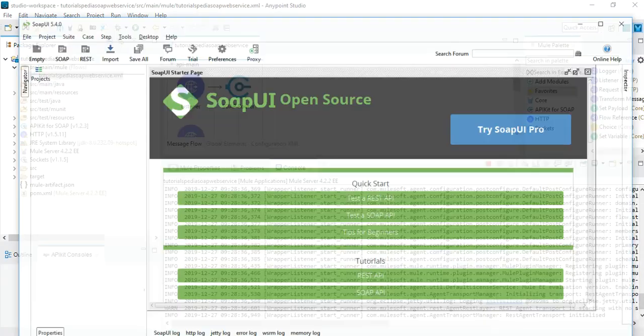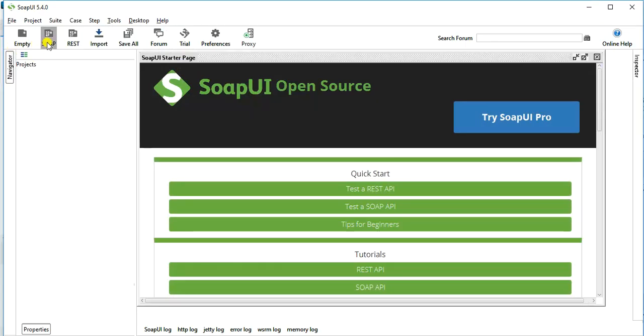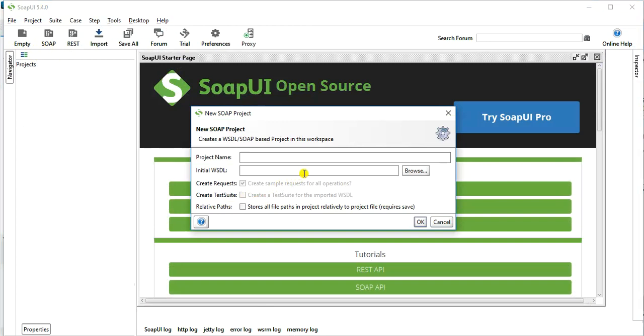While it's being deployed, let me go to SOAP UI and I will go to the option of SOAP, and I will specify the WSDL HTTP localhost colon 8081 and slash hello mule slash hello mule soap. Let's give a name to this project in SOAP UI. I will name it tutorialspedia mule soap service,